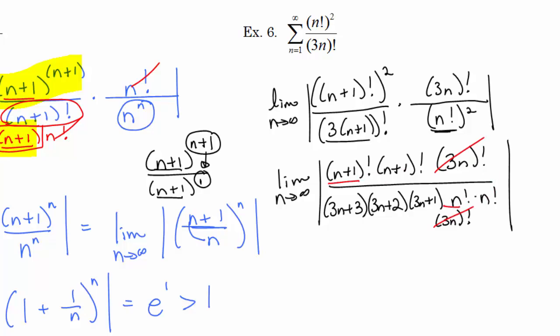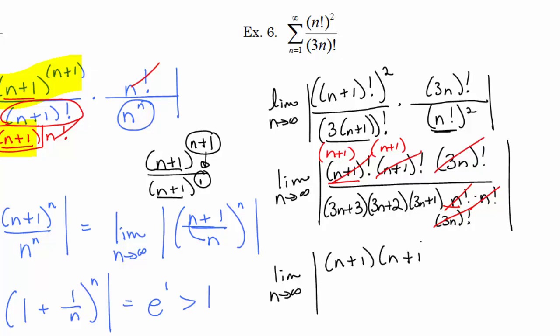Okay, this and this reduce to just n plus 1. This reduces to just n plus 1. And let's see what else I have left. I have n plus 1 times n plus 1 on top. On the bottom,